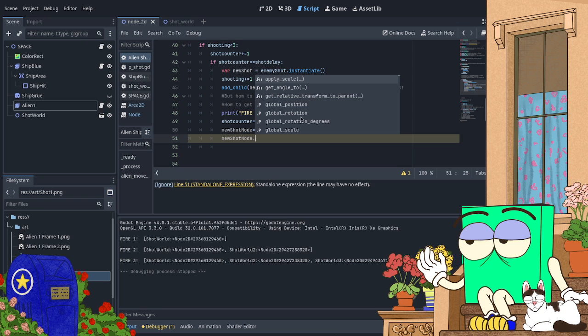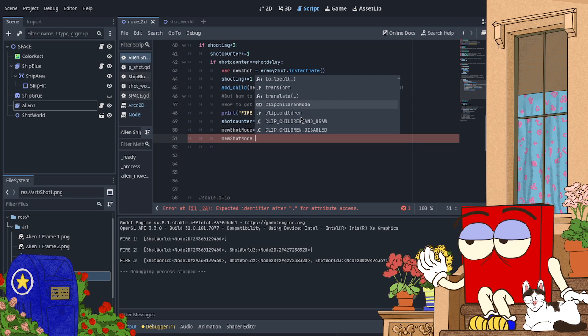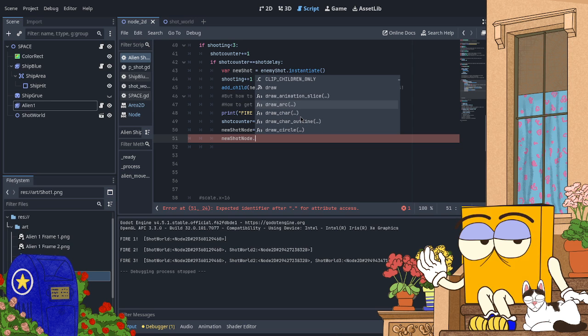So let's look here again, because there's functions and functions and more functions.